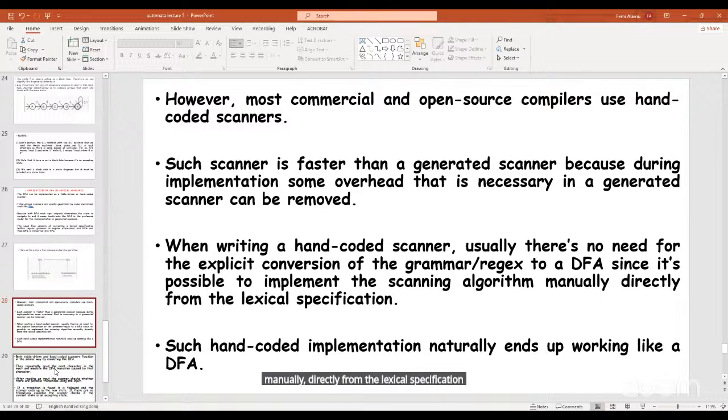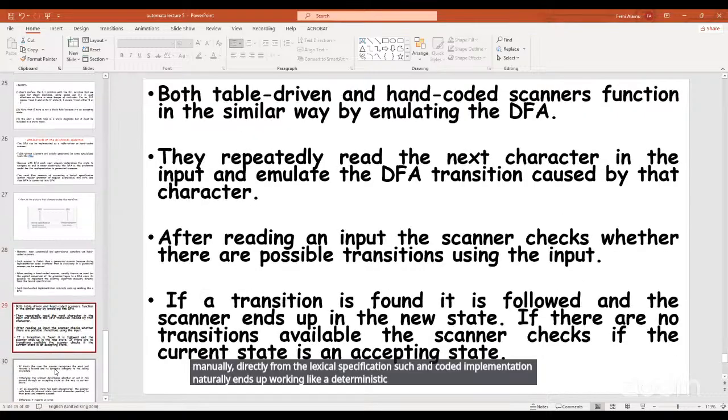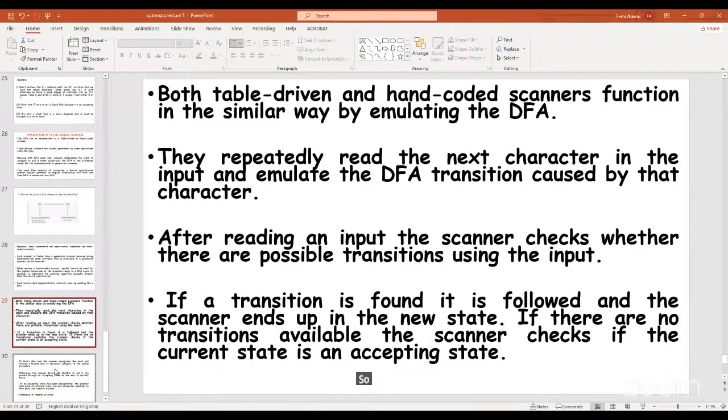Such a hand-coded implementation naturally ends up working like a deterministic finite state automaton. So both table-driven and hand-coded scanners function in a similar way, by emulating the